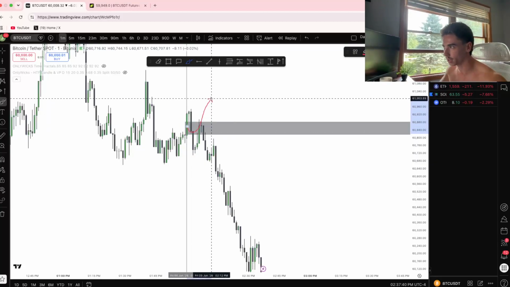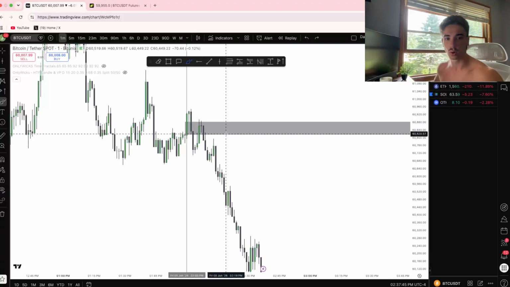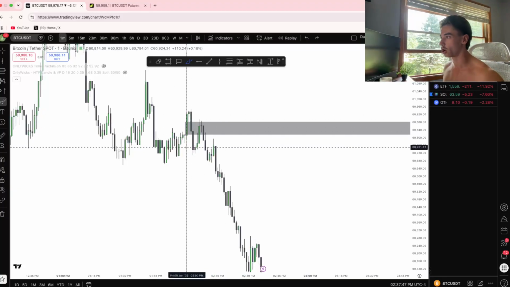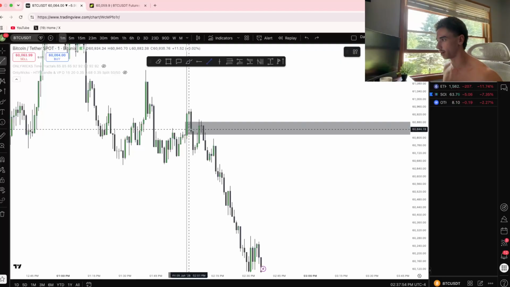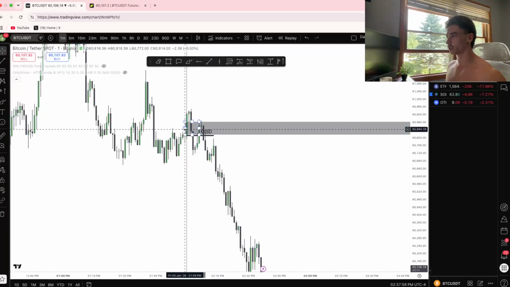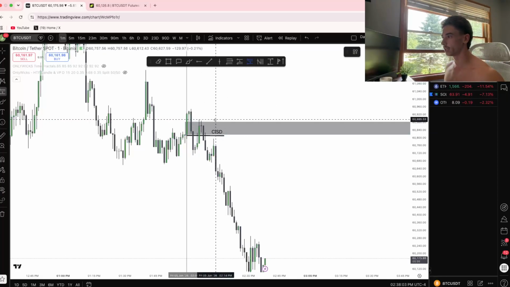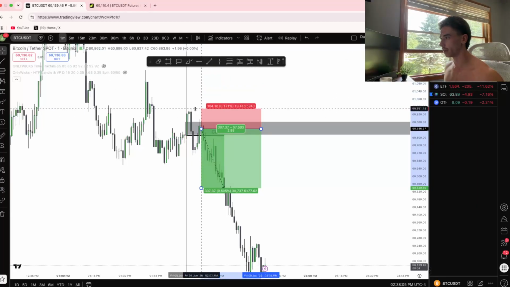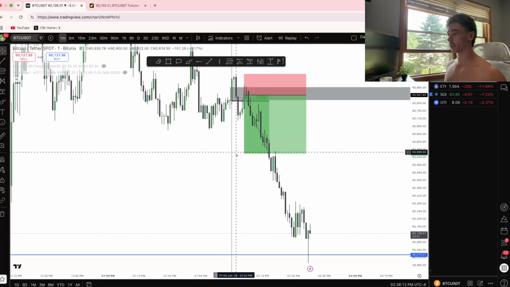We pulled back into it, and bulls would have wanted to see us go higher, right? That's not what ended up happening. What ended up happening is we failed to push higher. We gapped through. We broke structure, or what if you're an ICT SMC guy, right? We gave our CISD. So now we have inverse fair value gap, CISD, right? And then boom, you literally take your short position, just risking the high of that open high, right? Anywhere within this inverse fair value gap after your CISD, right? And then you can literally just target.